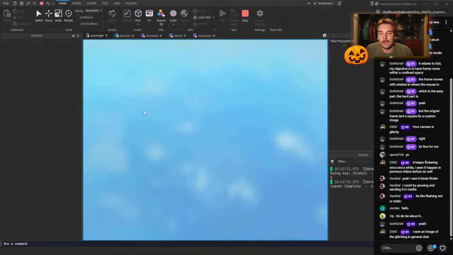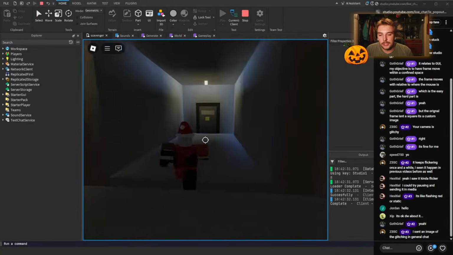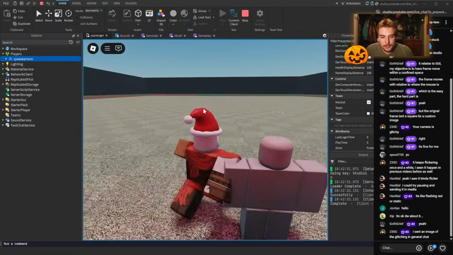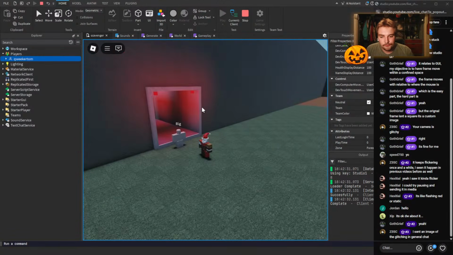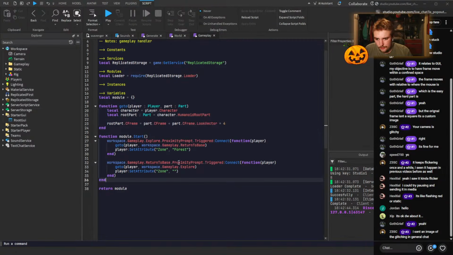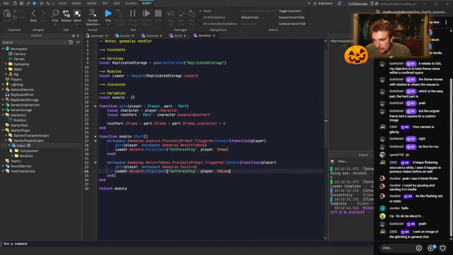Okay, right now what I want to do is I want to add, like, right now I'm in here, and when I go outside, my character should set the zone to forest. Actually, I don't really need to. I'll just use a remote event. Oh, set. And then here we can just say